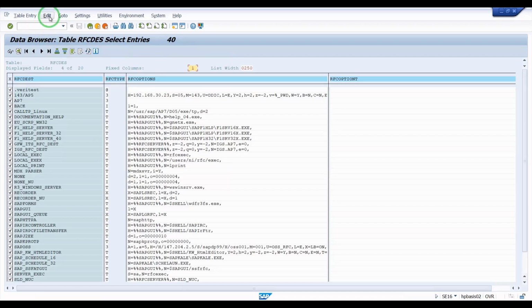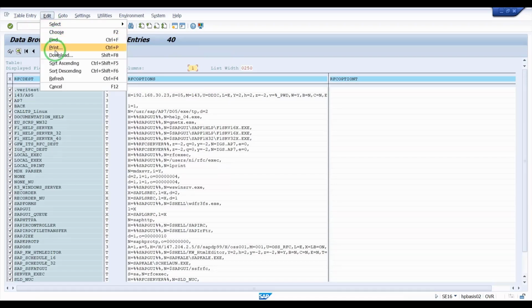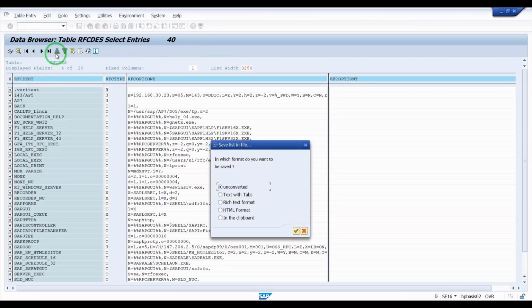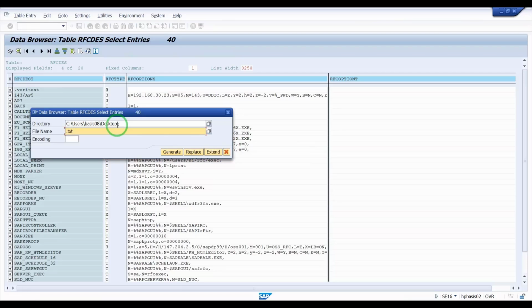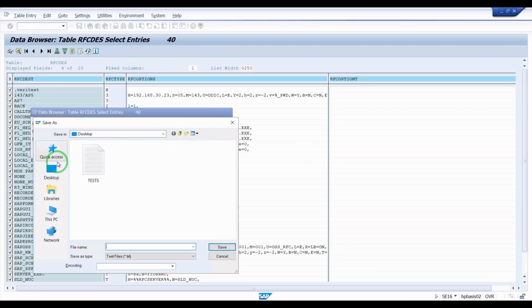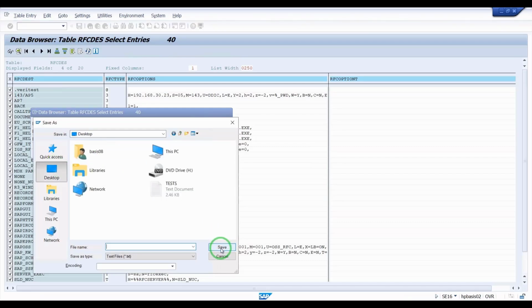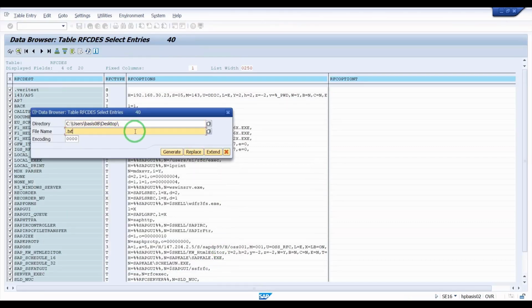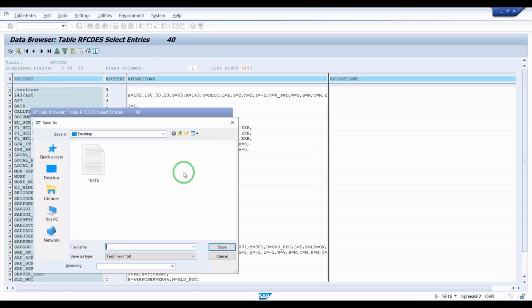Then go to edit and then click download and select the required file format. I'm going with text with tabs, and then you can select which directory you want to store the file. I want to make it the desktop only, and then you can select the file type here. I'm selecting the Excel type, XLS. I'm giving the file name as